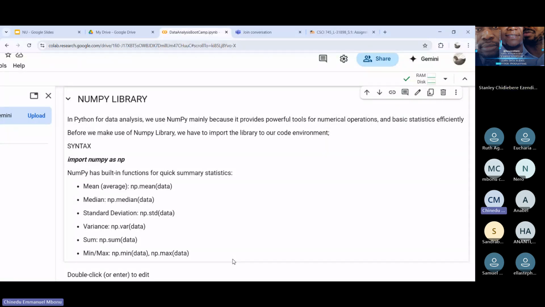So, like I said, the basic things we use the NumPy library for are numerical operations and basic statistics. When we talk about statistics from our secondary school and university days, what always comes to mind is the mean, median, standard deviation, and so on and so forth. So for you to perform all these statistics on your data, NumPy has functions that will help you carry out those